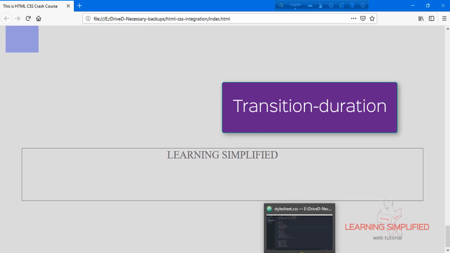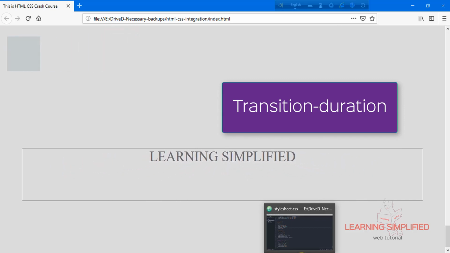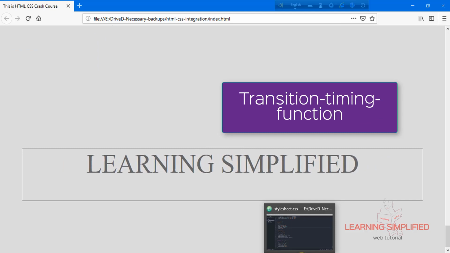Then we need a transition duration, the time during which this change of properties will take place.